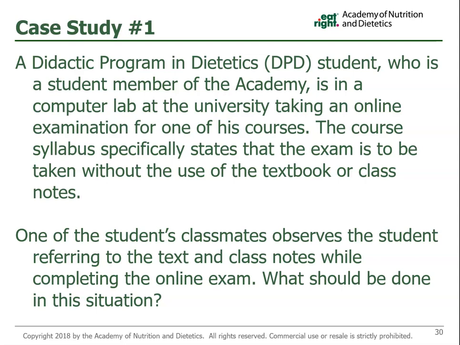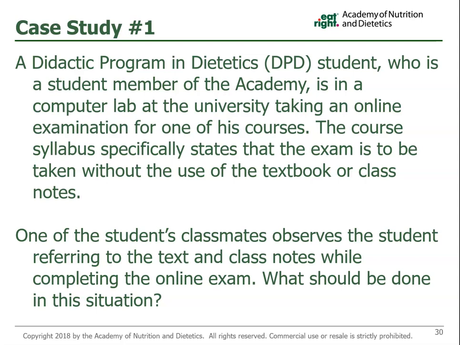This scenario points out the importance of putting the institution's academic honesty policy in all course syllabi, reviewing the policy and consequences of violating the policy with students, and providing students with specific examples of dishonesty, such as cheating on online exams. Disciplining of a student would be based on the appropriate policies for the class or the institution, and it would be appropriate to focus on the professional ethics as well.